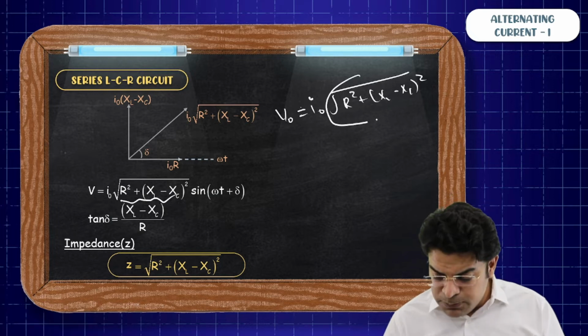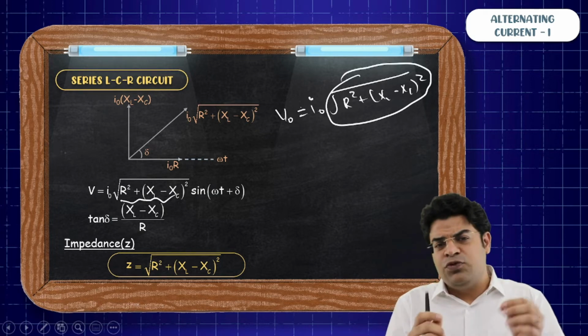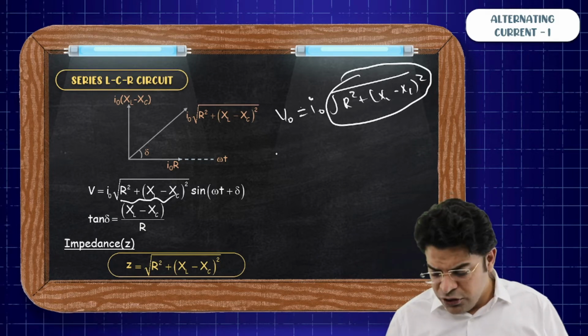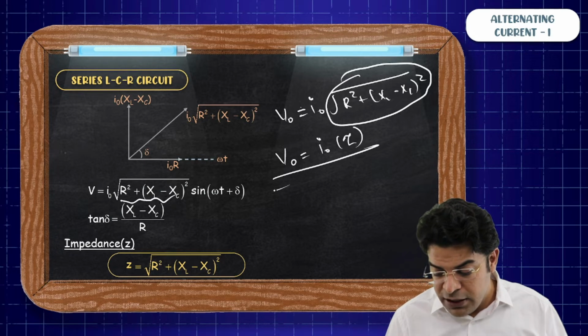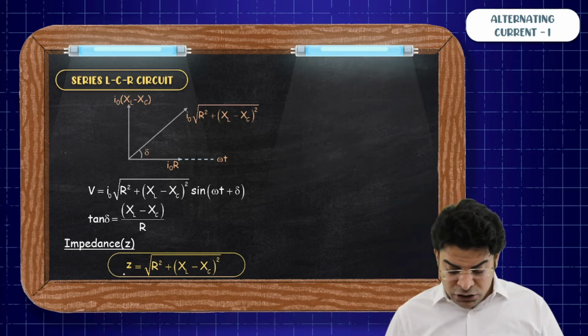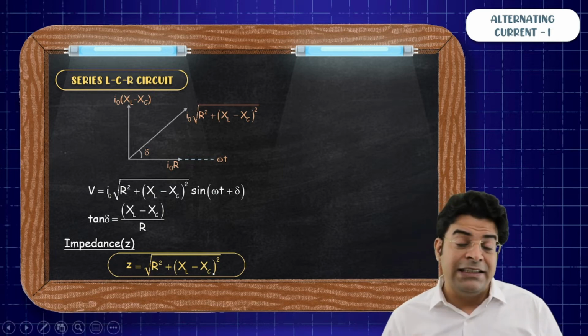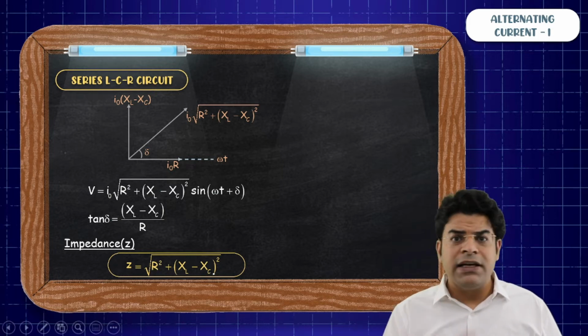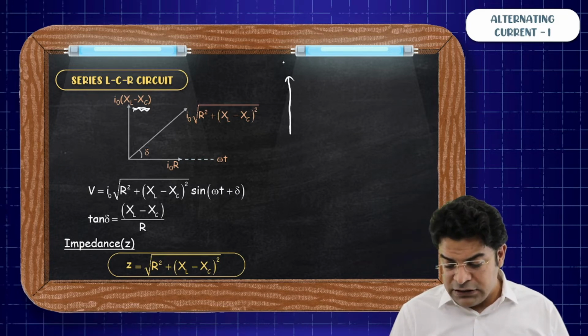And we call this part the impedance. So it is kind of the resistance for a series LCR circuit. So you can say that the peak potential drop equals peak current times the impedance of the LCR circuit. So the impedance comes out to be under root of R square plus (XL minus XC) whole square, and this is important. Now do understand that for XL greater than XC, you will get the phase of reactance upwards,